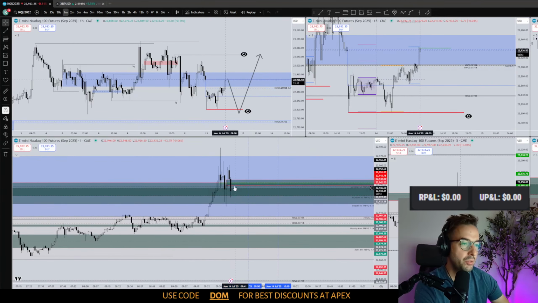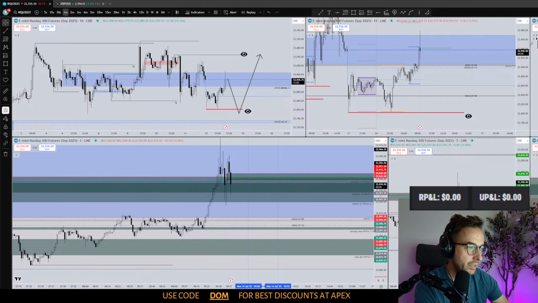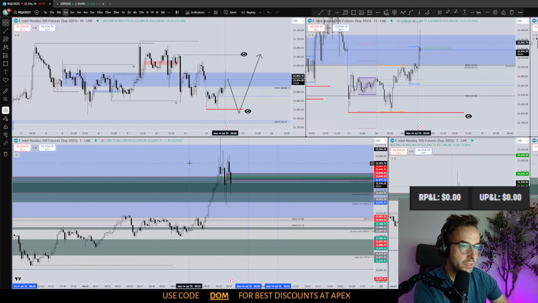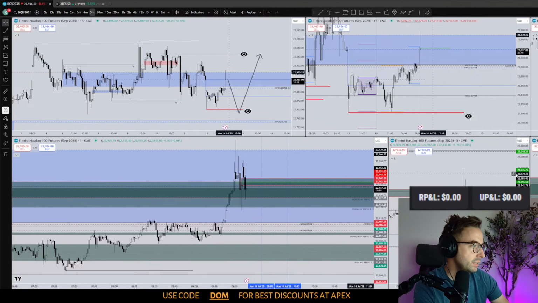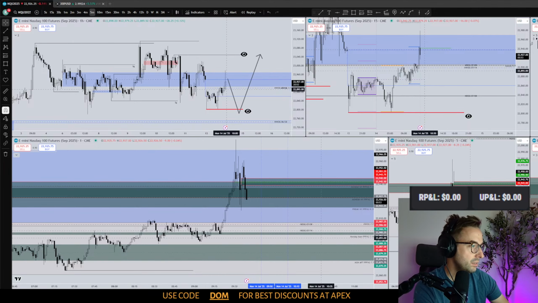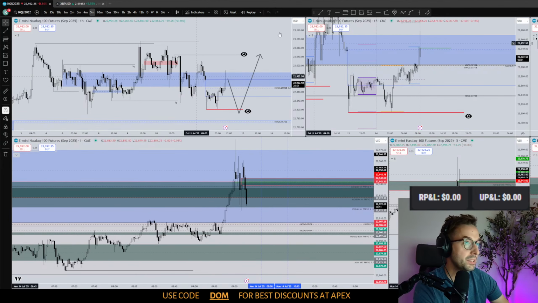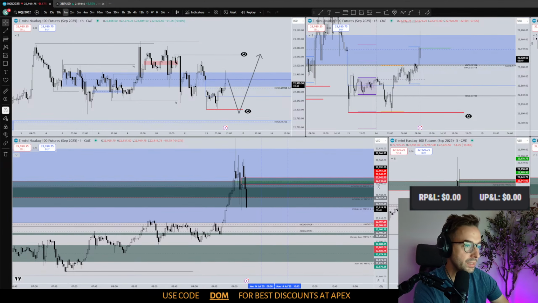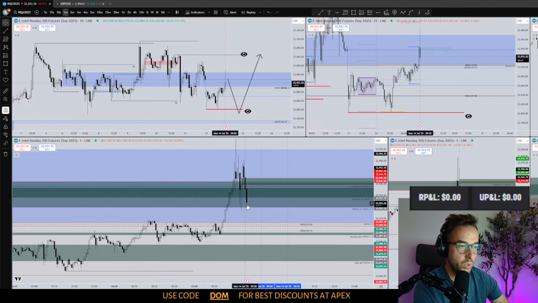All right, so we're back below the first presentation fair value gap here. Price is digging into Monday's from last week's first presentation as well. I know it's getting a bit cluttered here. But again, those are the main levels that we're looking at. You can see here on the 5-minute, we got our 2 first presentation fair value gaps as well. And then again, all this right here most likely is going to get taken very shortly. So let's see if we can get a close below this, that would be nice. And then,